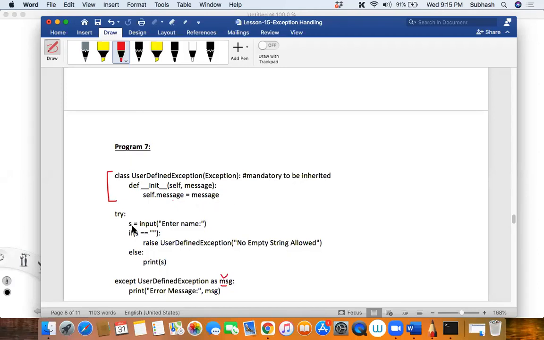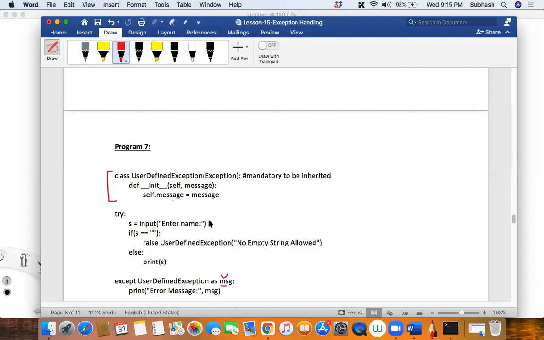Okay. So now I'm just testing it. Now I want to test how it works, right? So can you please answer, where should I write the error detection code? In the try. Where is the exception handling to be done? Where should I handle the exception? In the except block, isn't it? Okay, so in the try block, did you see here what I'm saying? I'm saying enter the name. In the try block, I'm saying enter the name.